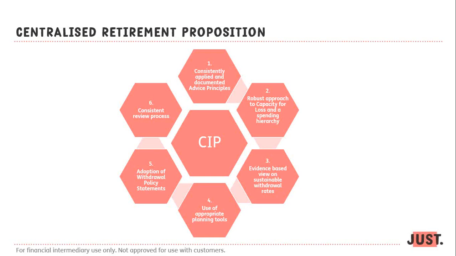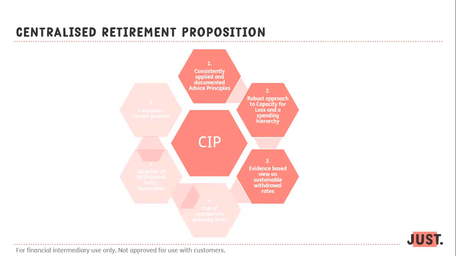And there are three key areas that really need to be in place to turn a CIP into a CRP, if you like. And those are these three here, which we'll look at in a little bit of detail, bearing in mind we've not got a huge amount of time. Well, we're looking at this first one in terms of the consistently applied and documented advice principles,